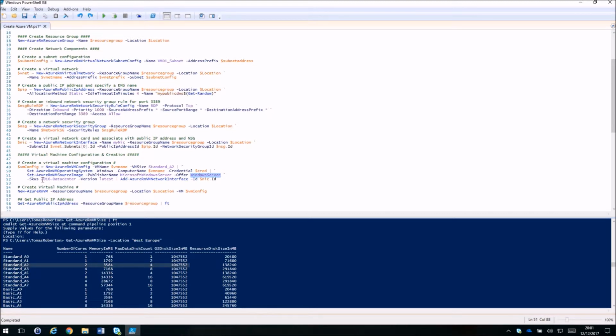So we're going to go for a Server 2016 Data Center Edition using the latest version, latest updates, latest service packs, and also critically we're going to add the virtual network interface that we created earlier to the virtual machine config. So just running this command won't actually create the virtual machine. It'll just set the configuration that we then import when we want to create the virtual machine, which is the